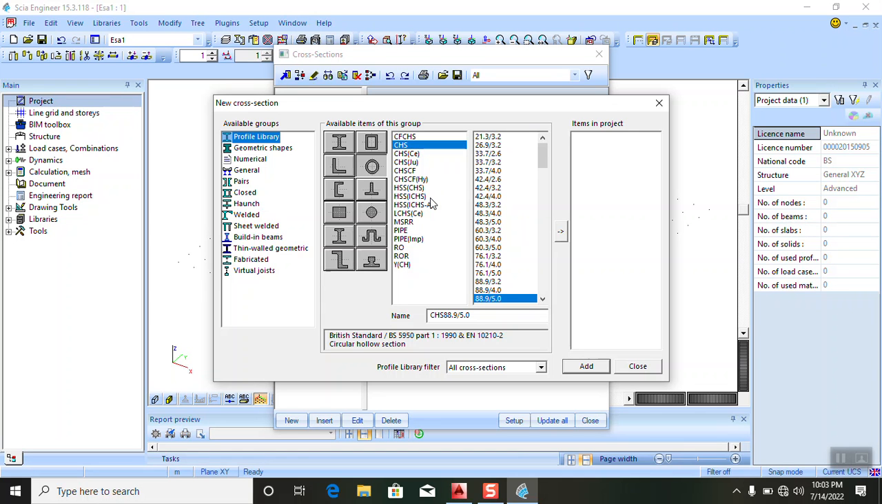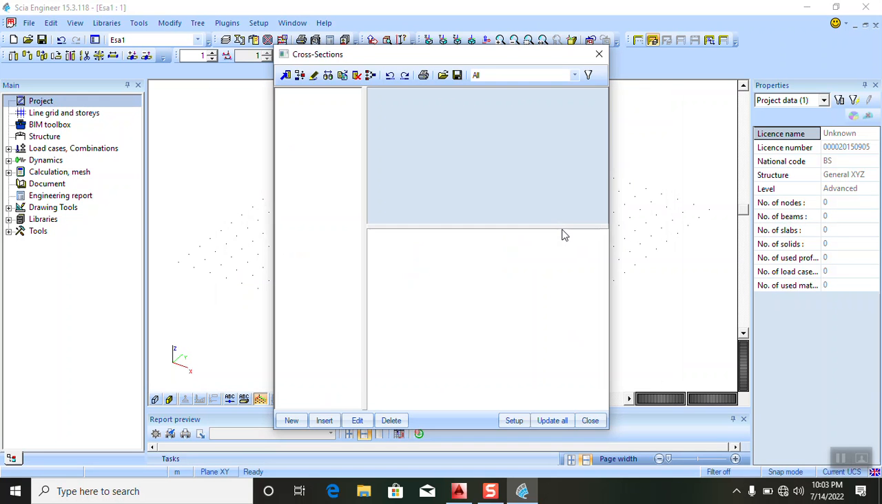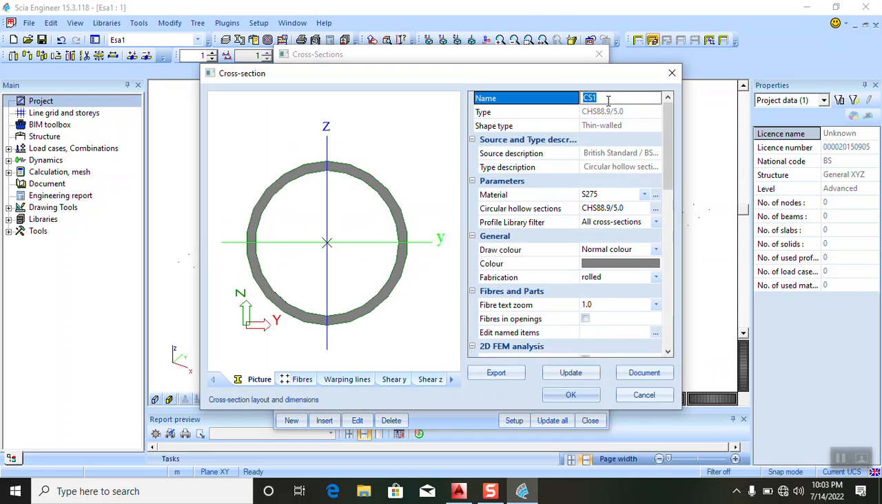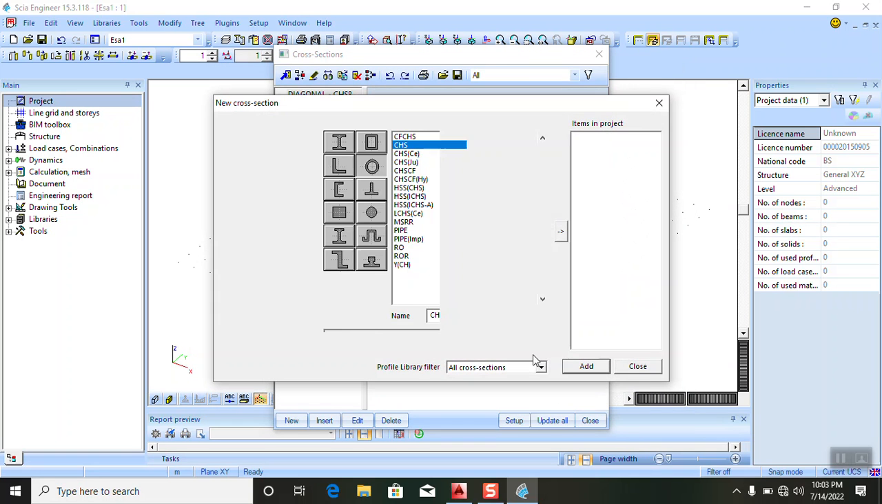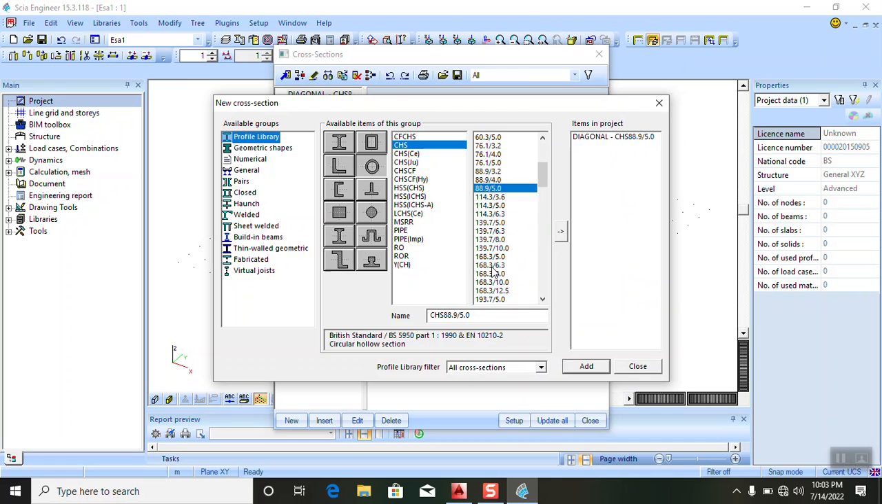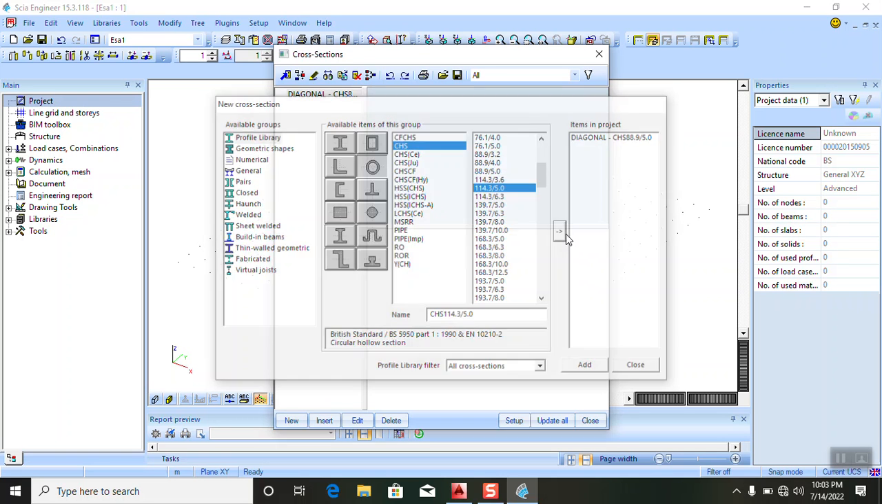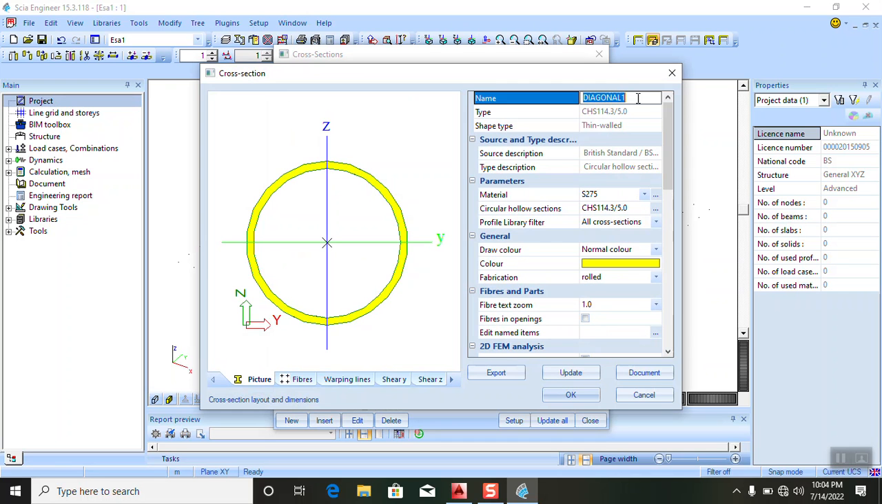So they have already proposed sections. This 88.95, they propose it as the diagonal. So we'll add it and name it as diagonal. Then we OK it. Then we have another section that they name as horizontal, which is 144.3 by 5. That is this. They call it horizontal. We call this horizontal